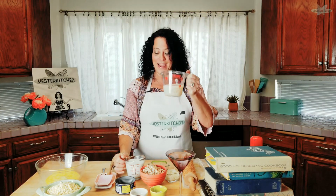Now to that, we're going to use canned clams. We're going to use the clams later, but we're going to talk about the liquid right now. These are the size cans, and I use 4 of them. They're 6.5 ounces. You want to drain out the liquid and save your liquid. You're going to have more than a cup. You want a cup of liquid,